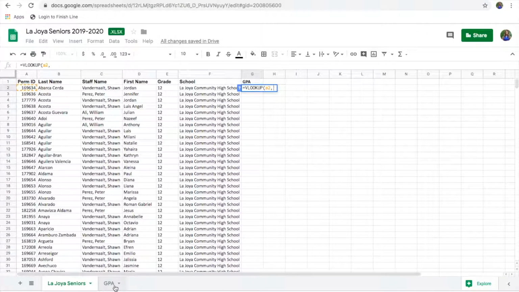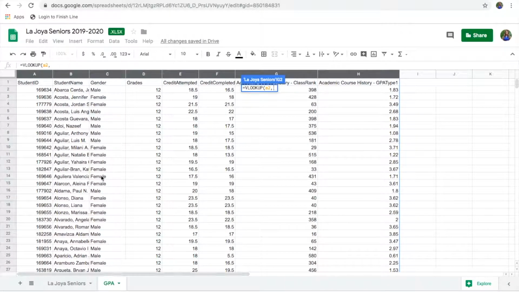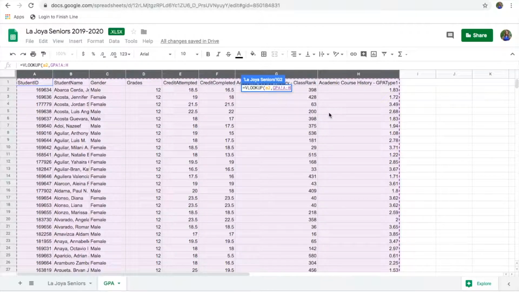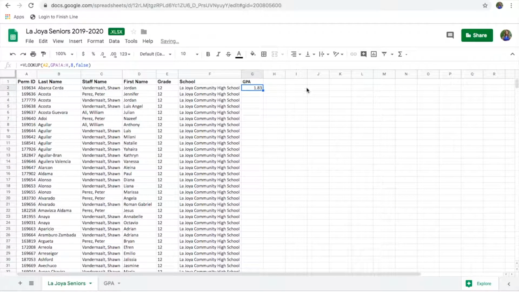Okay, back to the function. We did the same thing as earlier. So we A2, comma, and then we highlighted GPA all the way into the column that we're pulling information out of. And then we count the column number. In this case, H is the 8th column of the sheet. And then we finish off with false, parenthesis, and return. Now